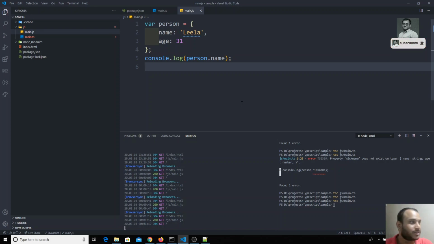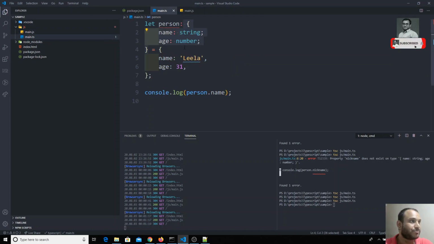Only TypeScript understands this, for our readability and coding purposes, such as IntelliSense and all those things. In order to get readable code, only TypeScript understands this type of thing. But when compiled to JavaScript, it compiles into old plain vanilla JavaScript code only. Okay, this is about declaring the types for objects.